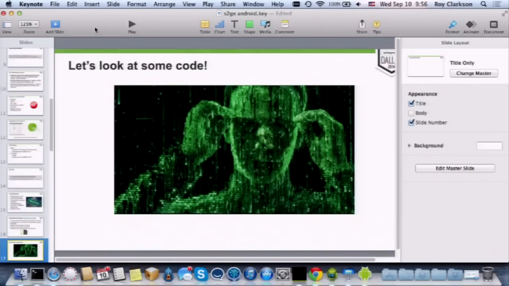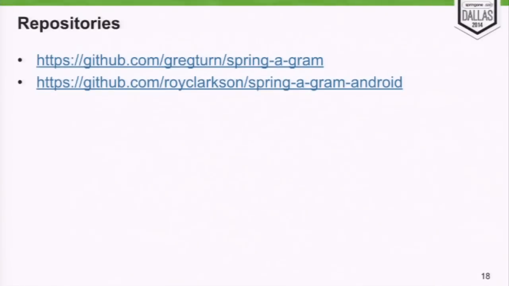It is, yes. Let me put up a final slide here. This app, of course, and the underlying Spring. The service is in Greg's GitHub account, and then the Springogram Android is in mine. I'll tweet it as soon as possible, but there's actually a single